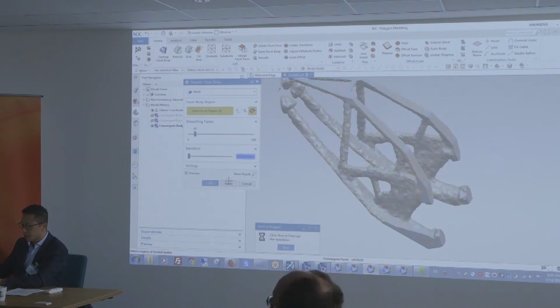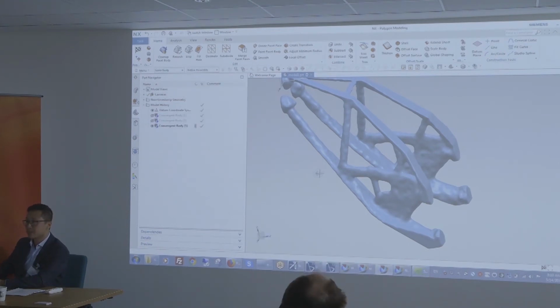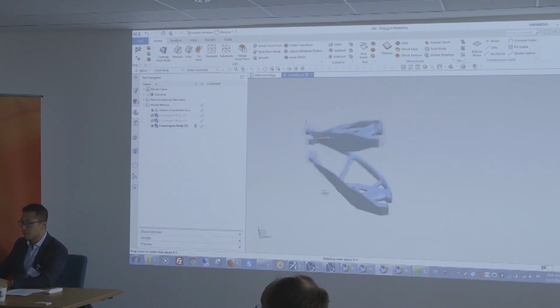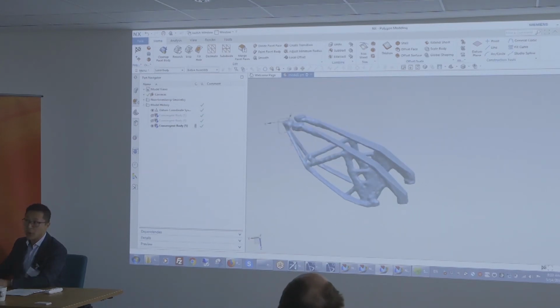So I did some reverse engineering recently, and you scan something, and then you bring it in, and you get left with an STL, which is in most cases a dead end. So then I have to take it into some other software, do all these operations, the polygon modeling, the smoothing, then export it, and then bring that in, and then surface over it. And it's the surfacing over it to get the A-class data, which kind of maps a cage on all this to get that real B-rep surface, that's the time-consuming and difficult part. In this case, you don't have to go outside now.